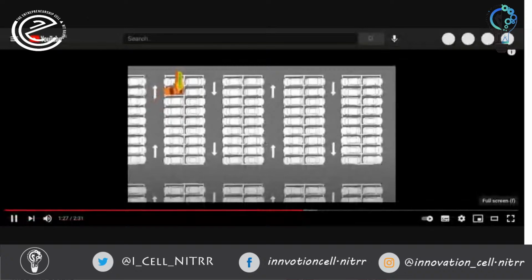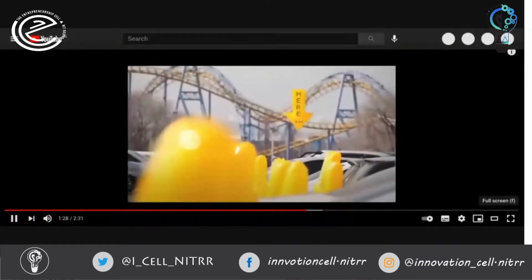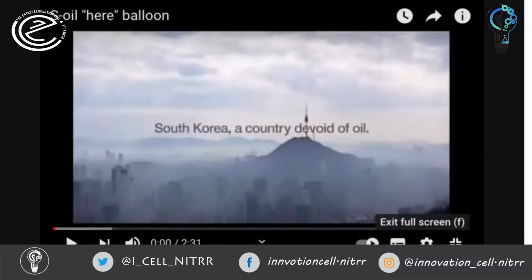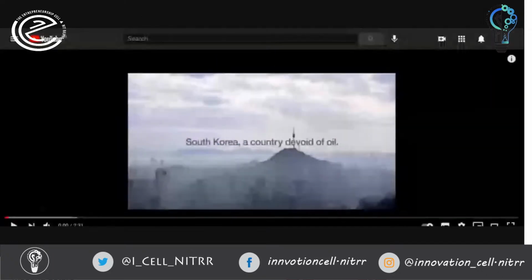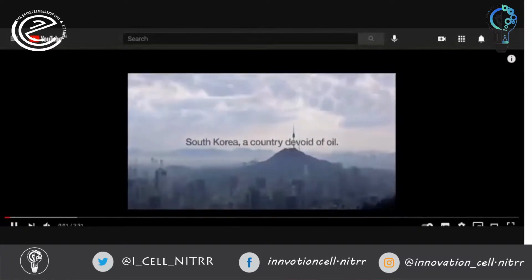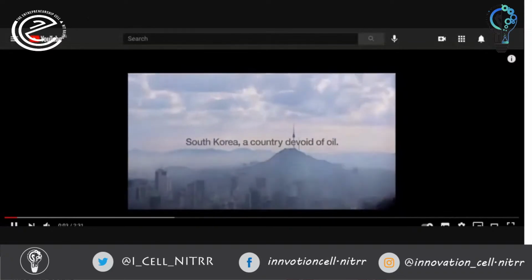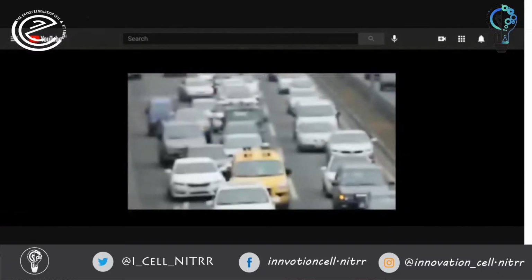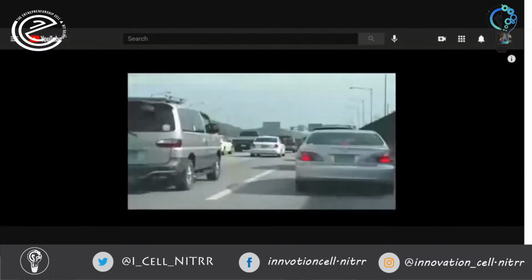Oil saved. A country devoid of oil. Seoul, a city where 1/4 of Koreans live, with one of the world's highest gasoline consumption.